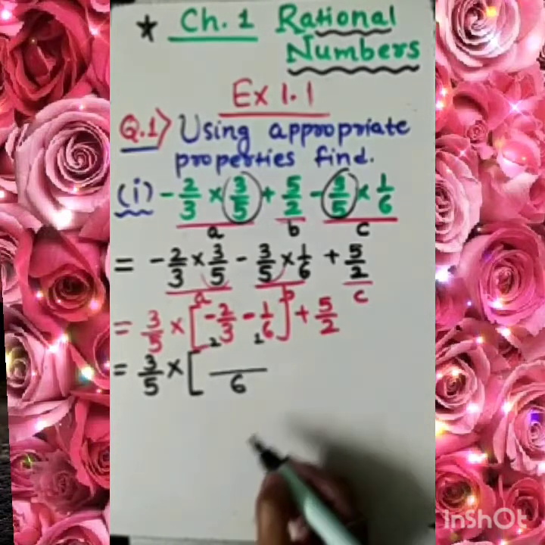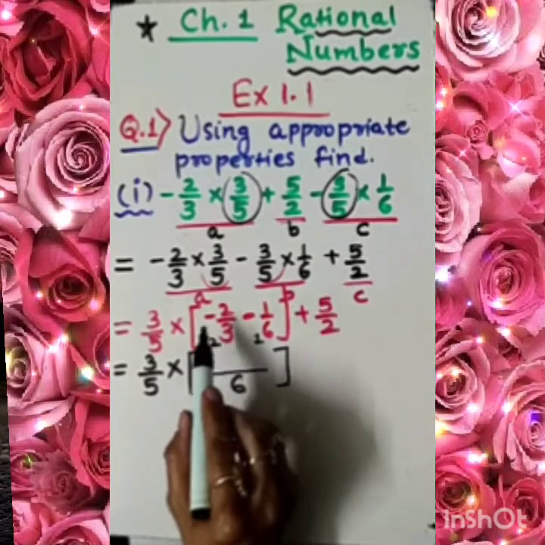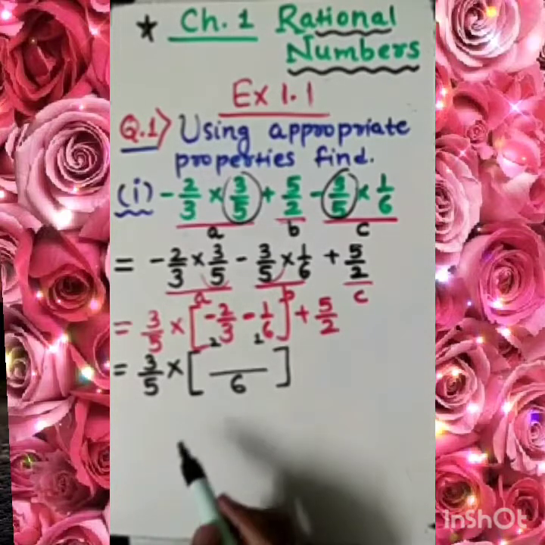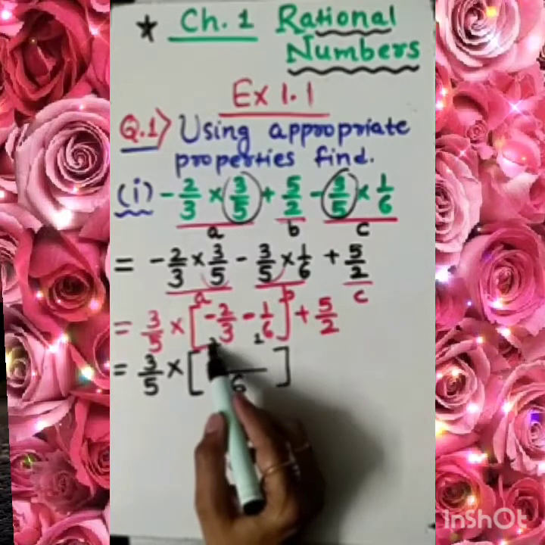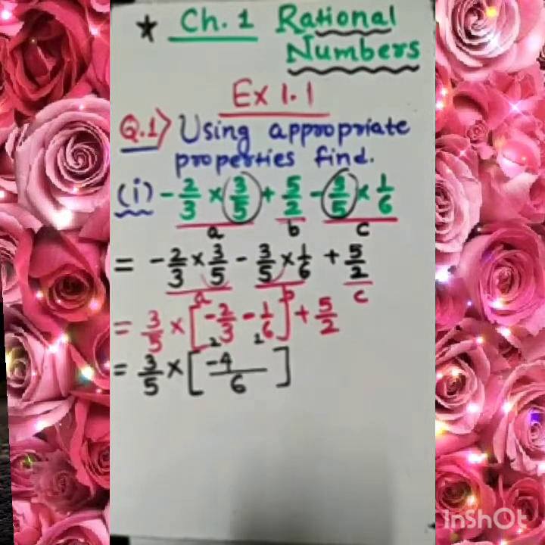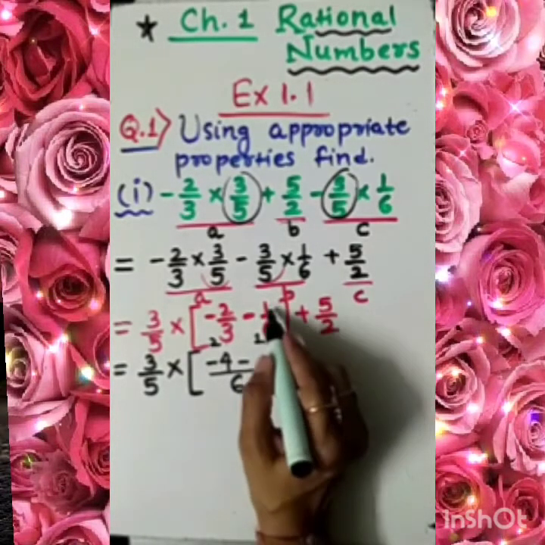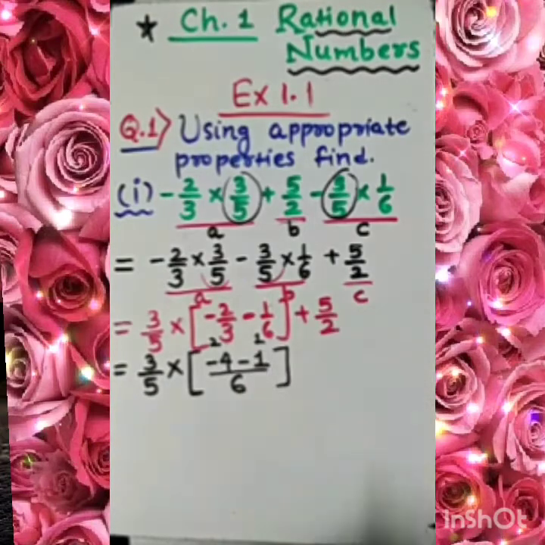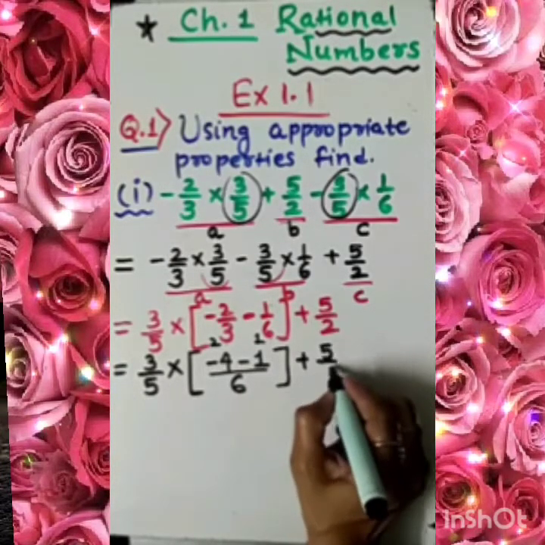Fine. So, dear student, I am going to multiply the same number to the numerator. So what do I have? Here it is 2 and this minus 2. 2 twos are 4, so I am writing minus 4. Minus 1, 1 one is 1, so I am writing here 1. And here plus 5 by 2 as it is.